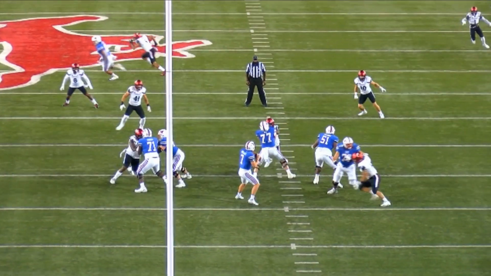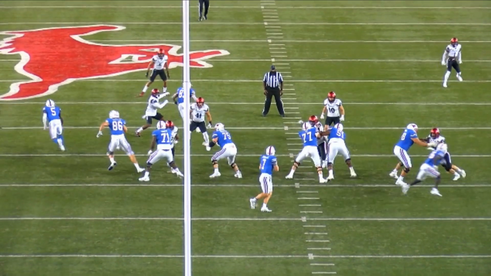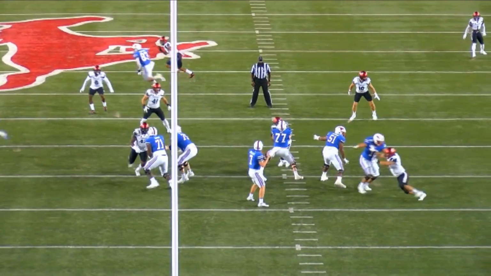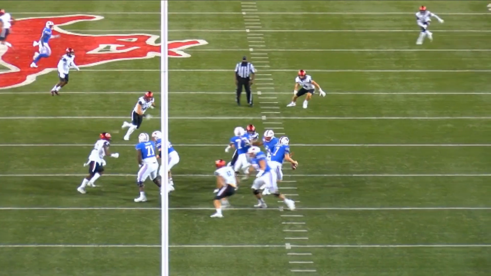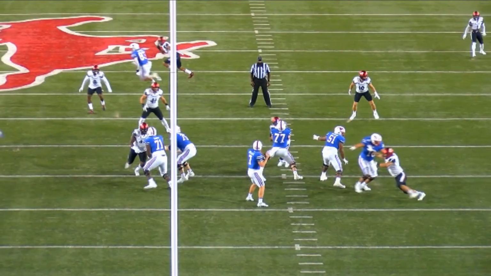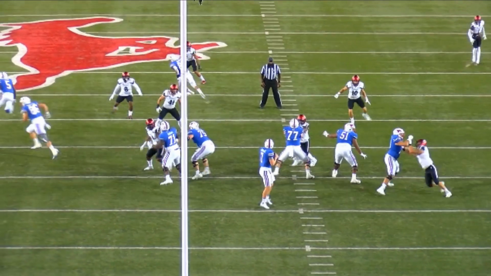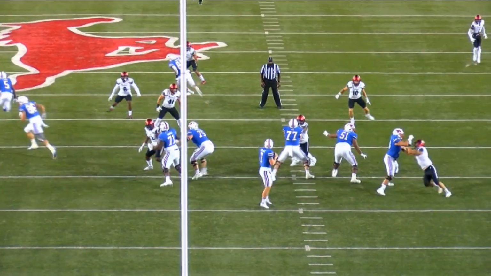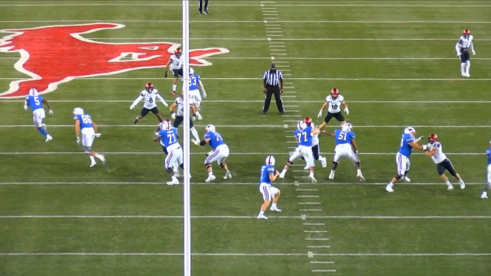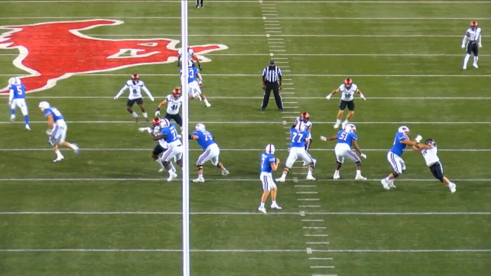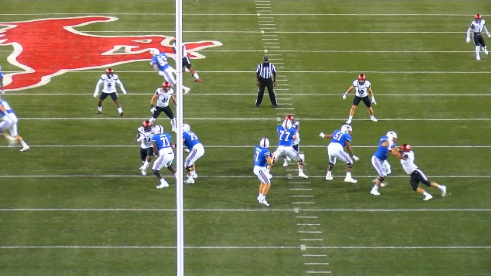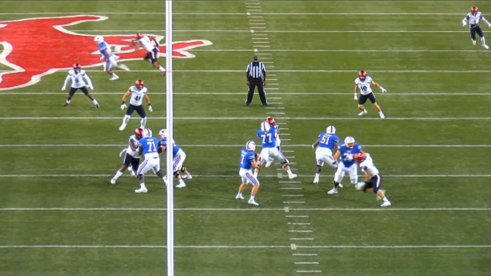So first of all, look to the left up top. 83 is clearing out that safety. 5 is coming underneath him. Throw it right at the feet of the horse. He's off of it. Looks like he's looking down at the rush. They're rushing 3. No reason to do this. Also gets definitely toesy here. So that's toesy. We're up on our toes, up on our toes, up on our toes.